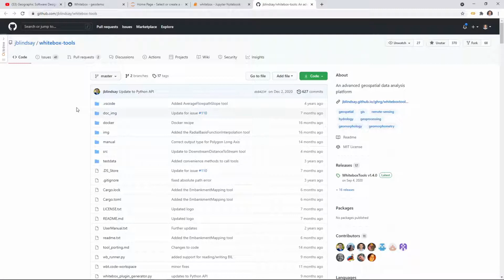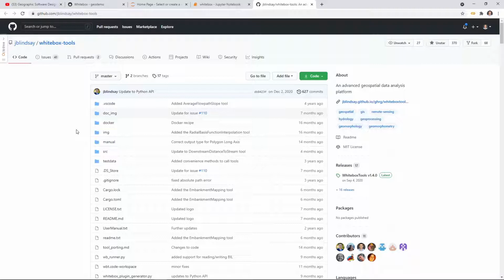If you have used ArcGIS or QGIS, those toolboxes are integrated with the software. WhiteboxTools basically is also a toolbox, but it's an independent toolbox for geospatial analysis. That means you don't need to install any desktop software like ArcGIS or QGIS, and it's very small. The file is only 10-20 megabytes